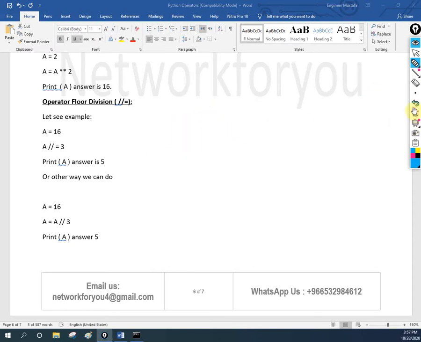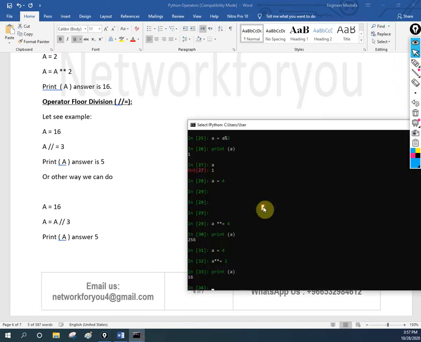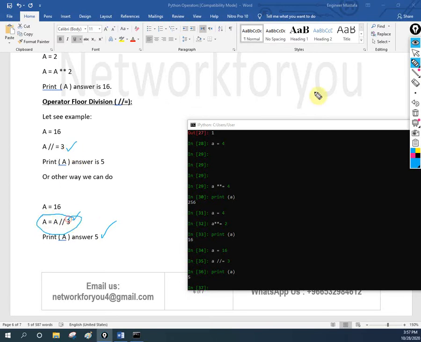Let me do it in Python. So I will take the Python shell here. I will write a is equal to 16. Okay, let me assign a is equal to 16. Then I want to do this modular operation. I will give a space, then this symbol, then is equal to divide by 3. So I want to print, I will write print of a. Okay, so print of a, you have 5. 5 is the answer. Any confusion? Nothing, right? 5 is the answer when we do it this way. If you want to do it the other way also, you will get the same answer. You have 2 methods. You can follow any one method.